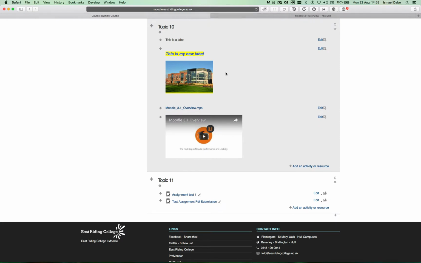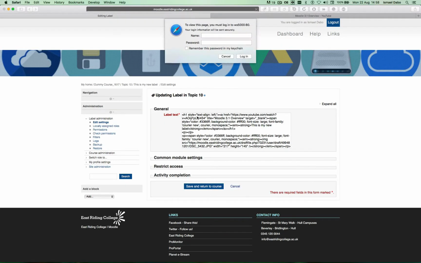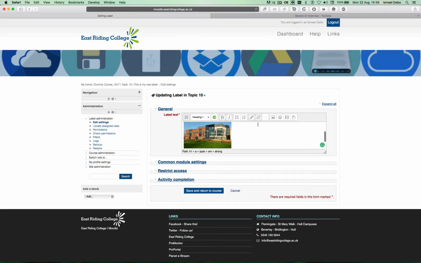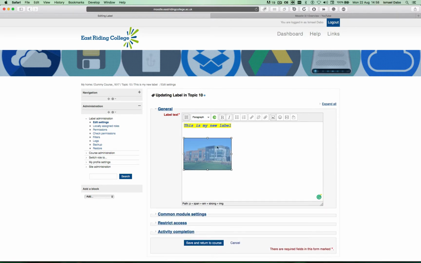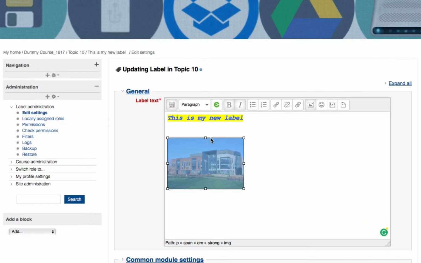You can do the same process for a picture. So let's re-edit that. And click on the picture. So the picture is selected or highlighted. Let me increase that box, and you can see those little squares all around the picture, and the picture is highlighted in blue. And then I've got those hyperlink